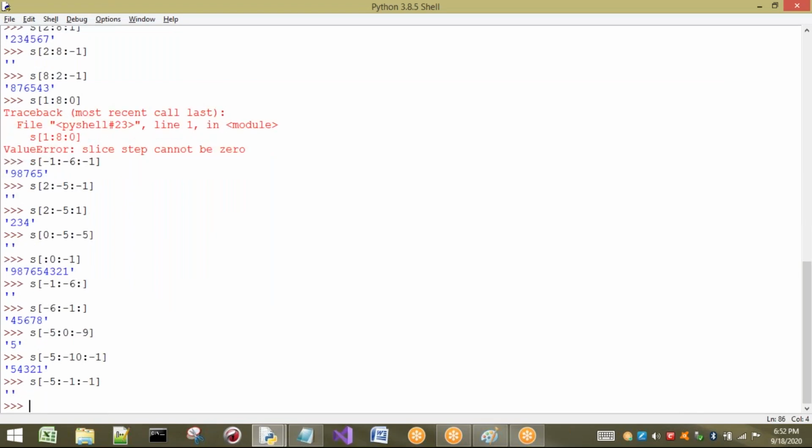This is the case where we have to concentrate, because we are going to get an empty string. You may have a doubt: sir, why are we going to get an empty string? The reason is, we should not consider the n value as minus 1. If you consider it, it is going to take the value as 0.